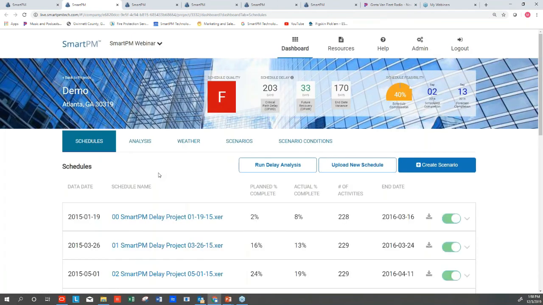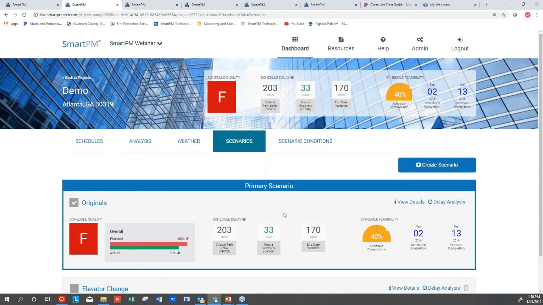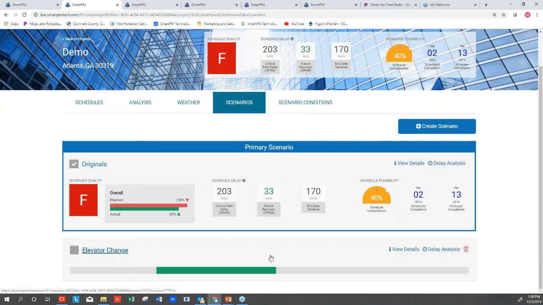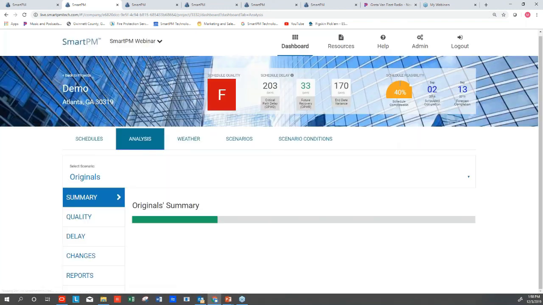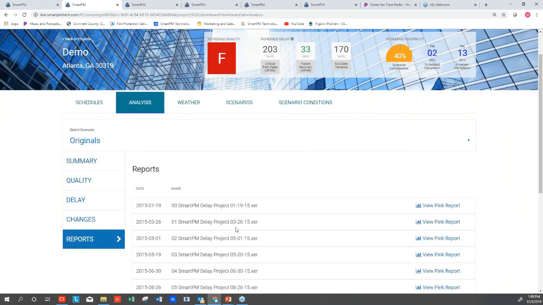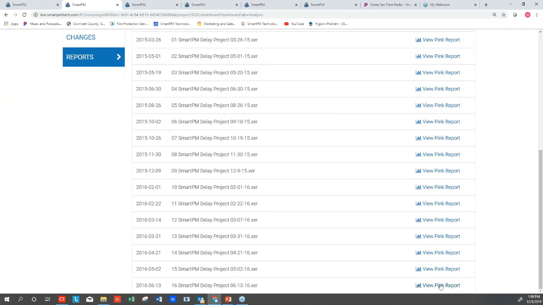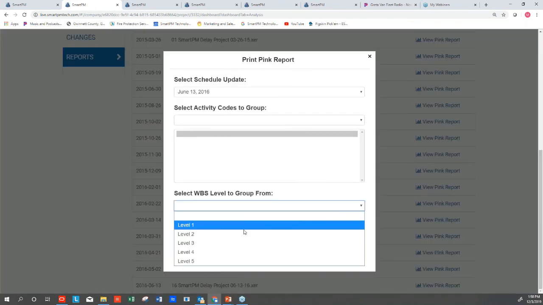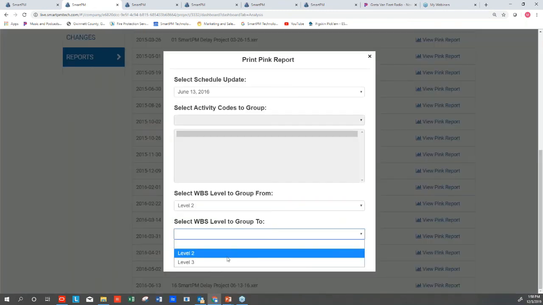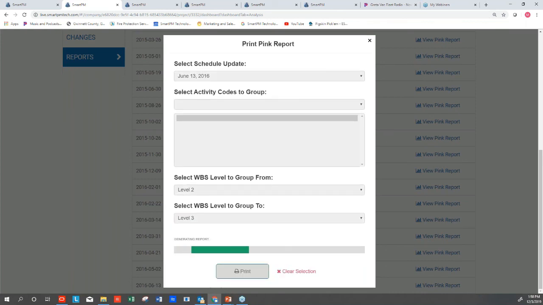I don't know if we have much more time here to actually see the outcome. What I'll do is print out the outcome. We have this reporting ability where we can print out our final delay analysis. I will print that out for you and send it to you for the most recent update so that you can have a copy of what that looks like. But we have this report that actually will show you